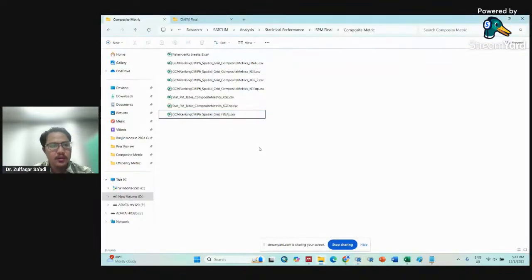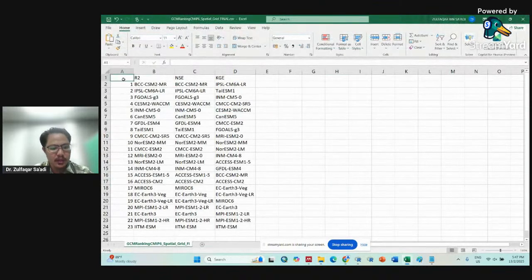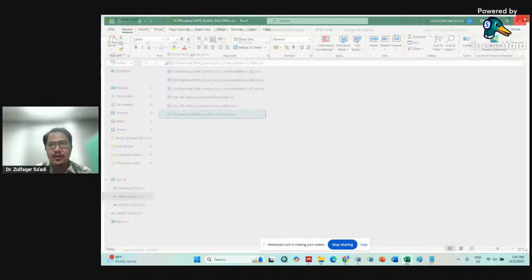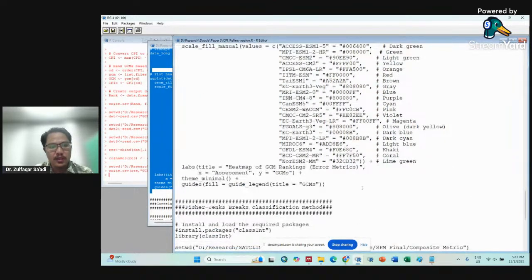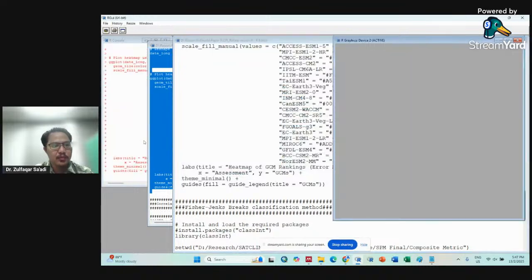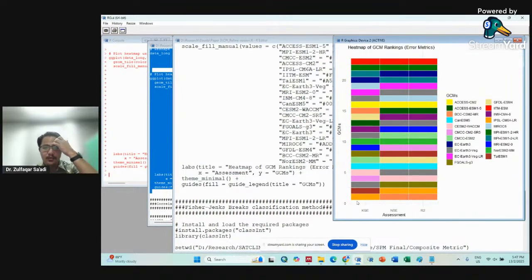I put this here as RIM because in my code it was RIM, so I don't want to disturb much of this. We remove this RIM actually, and then run this code, and then you will get the heat map for that aggregate ranking